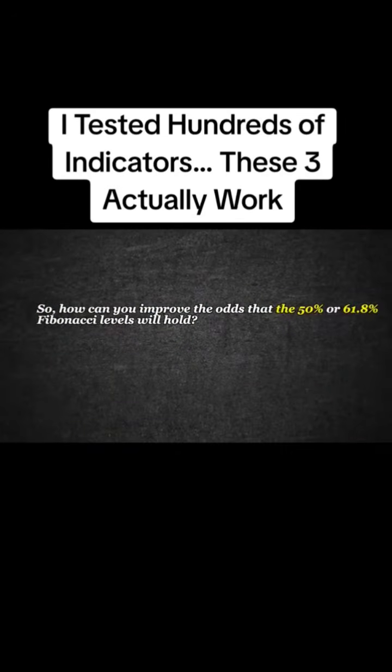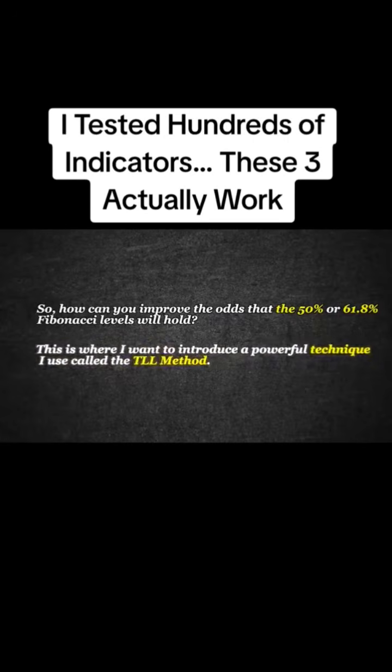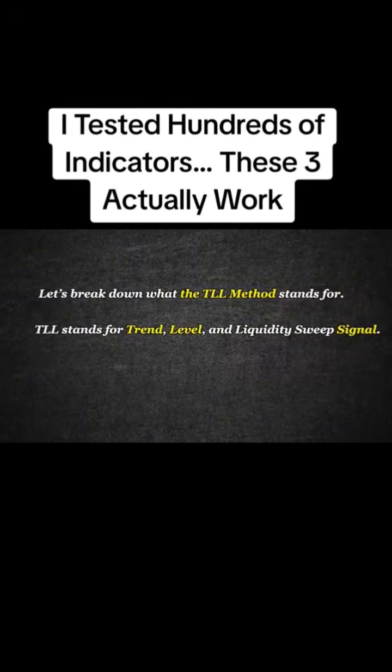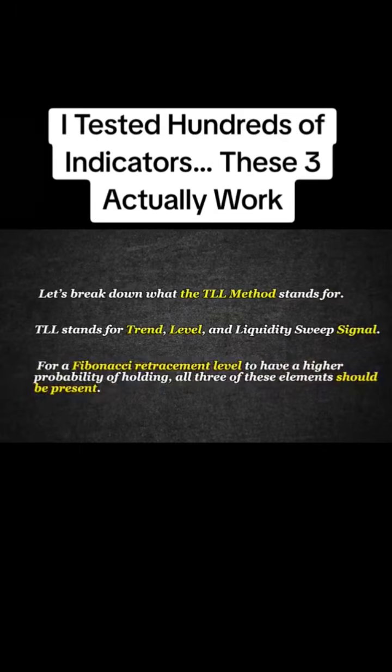So, how can you improve the odds that the 50% or 61.8% Fibonacci levels will hold? This is where I want to introduce a powerful technique I use called the TLL method. Let's break down what the TLL method stands for. TLL stands for Trend, Level, and Liquidity Sweep Signal. For a Fibonacci retracement level to have a higher probability of holding,